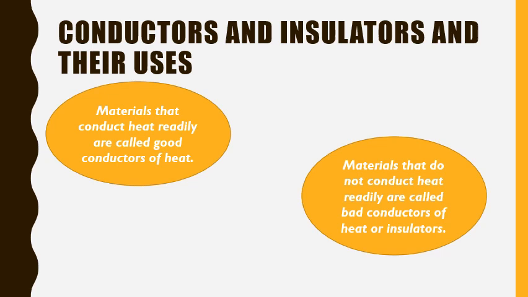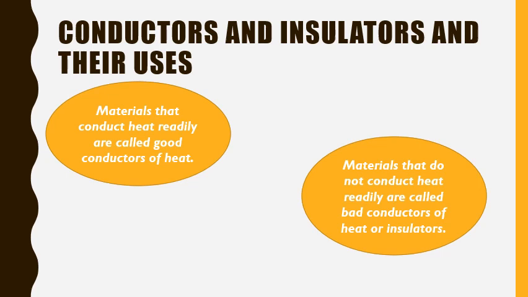Examples for them: generally all the metals are good conductors of heat, whereas substances like wool, stone, glass, wood, pure water, air are bad conductors or insulators of heat. All liquids and gases are bad conductors of heat. The exception in case of liquids is mercury, which is a metal and a good conductor of heat, and therefore it is used in thermometers to measure temperature, and about that we have already learned.